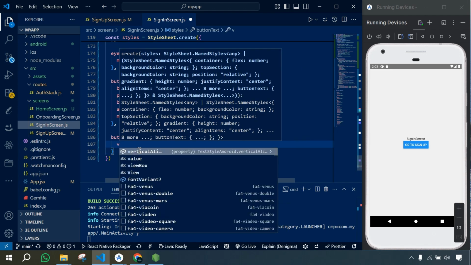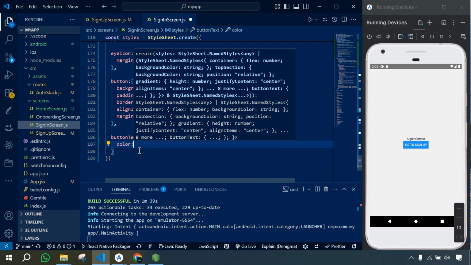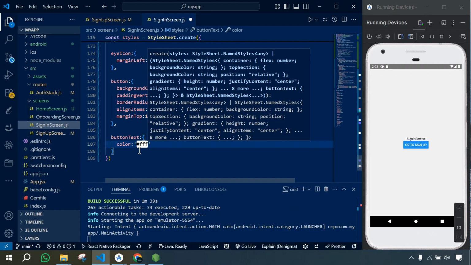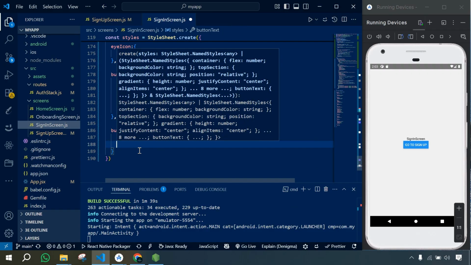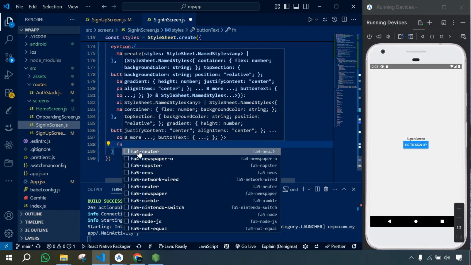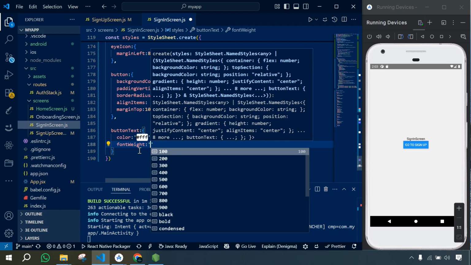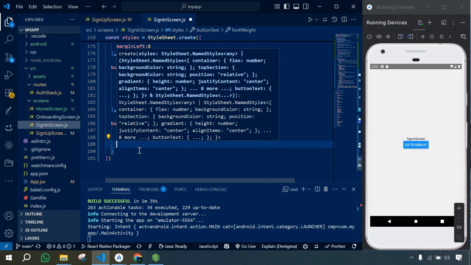Here color will be white, font weight will be bold, and font size will be 16,